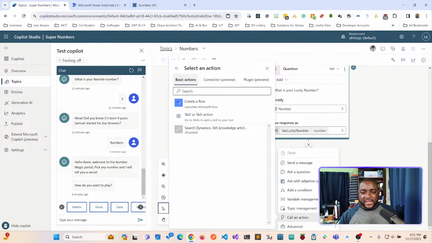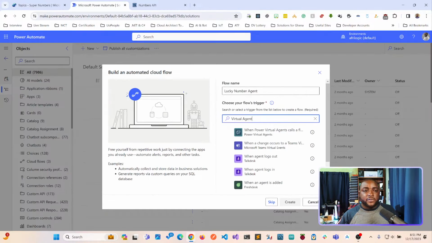So the first part, the easier way, is to create a flow. Copilot Studio will create the flow and do everything for you, and then you just have to fill in the definition of what you want the flow to do. Or you can go ahead and create your own flow. But here's the thing, the two things before we probably run and continue this next week. The two things is when